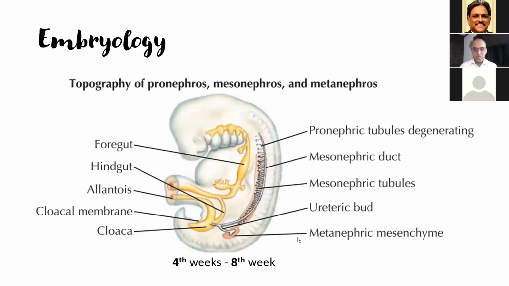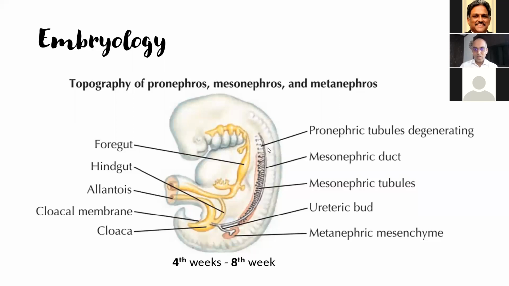This is a simplified diagram of the embryological development of the urinary system. This is a longitudinal section of the embryo. This image is not taken in a single time frame; it depicts the development process that happens between the 4th week of embryonic life to the 8th week. First, we look at the development of the upper urinary tract. The kidney develops in 3 phases, 2 transitory phases and 1 final product. The first phase would be development of the pronephros, which starts early in the 4th week of gestational life.